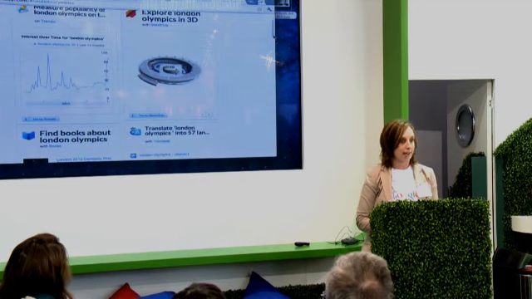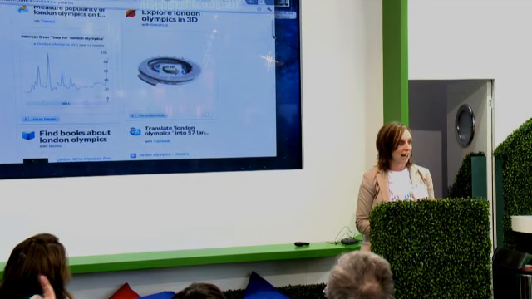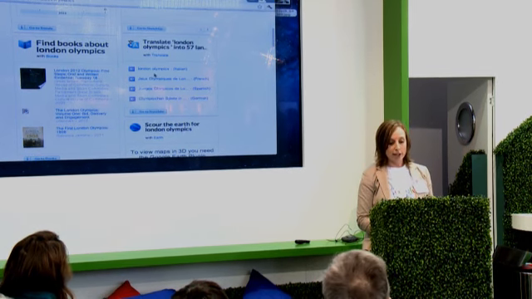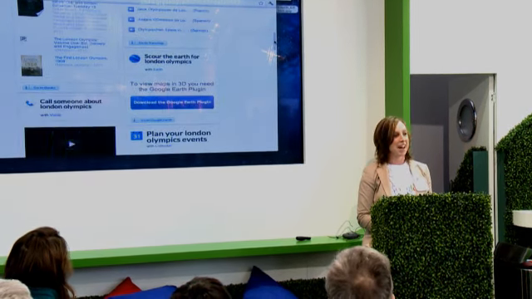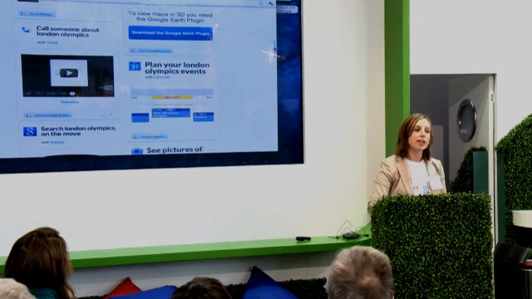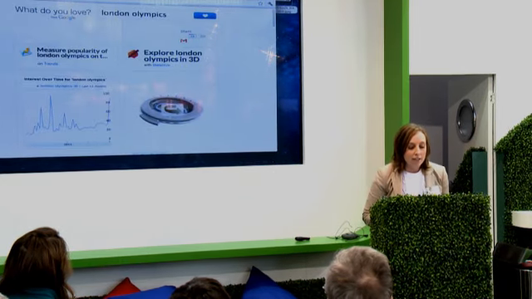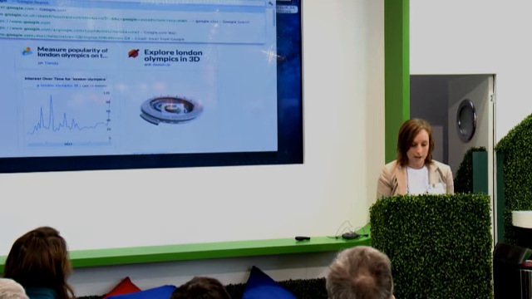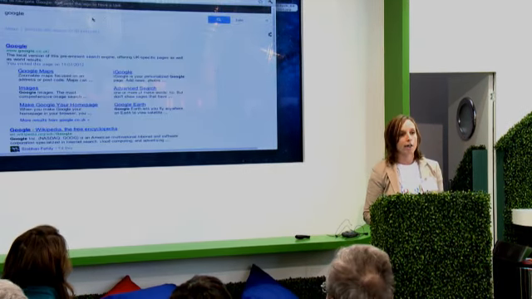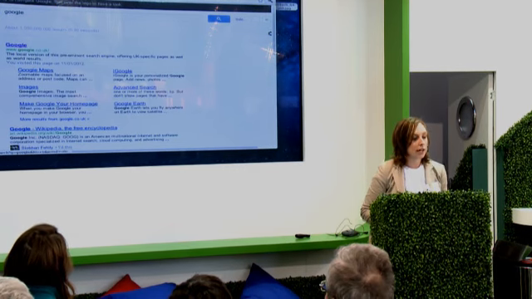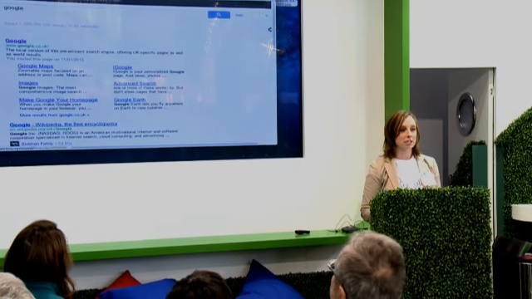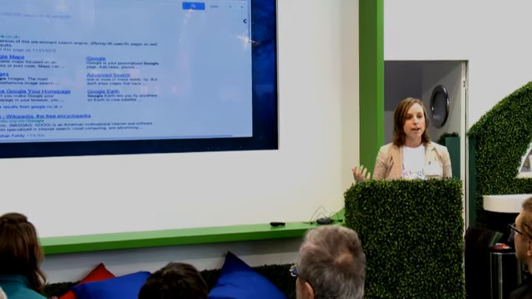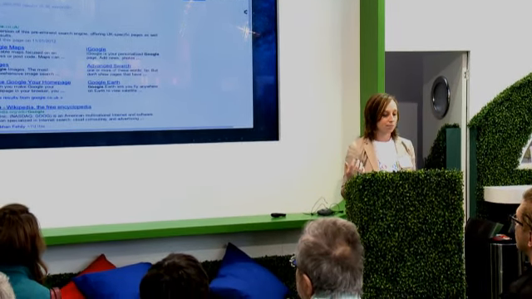Some really fun analytics you can do in there in a history class or a math class. Books about the Olympics. I mean, translate. How would you say the Olympics in other languages? So this could be a really fun way. There's nothing really that's different than just typing London Olympics into here. But what it's doing is it's pulling from all of these different types of search results. So for kids, that could be a really fun way to have them look through their passions.